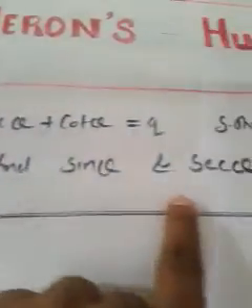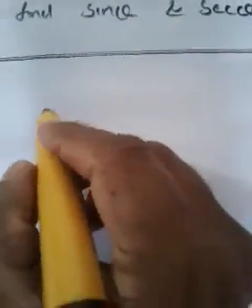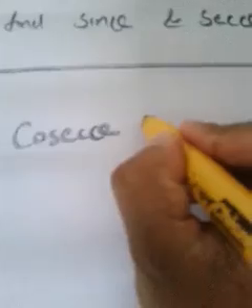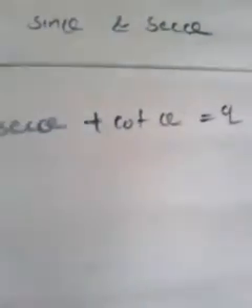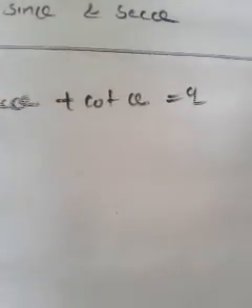So forget about the last part. Anyway, let me try to show this first, and then after that we will go to the last question: what is the value of sin theta and sec theta? According to the question, let me write the given thing first. Cosec theta plus cot theta is given as q, isn't it? So what is given? Cosec theta plus cot theta is given as q.